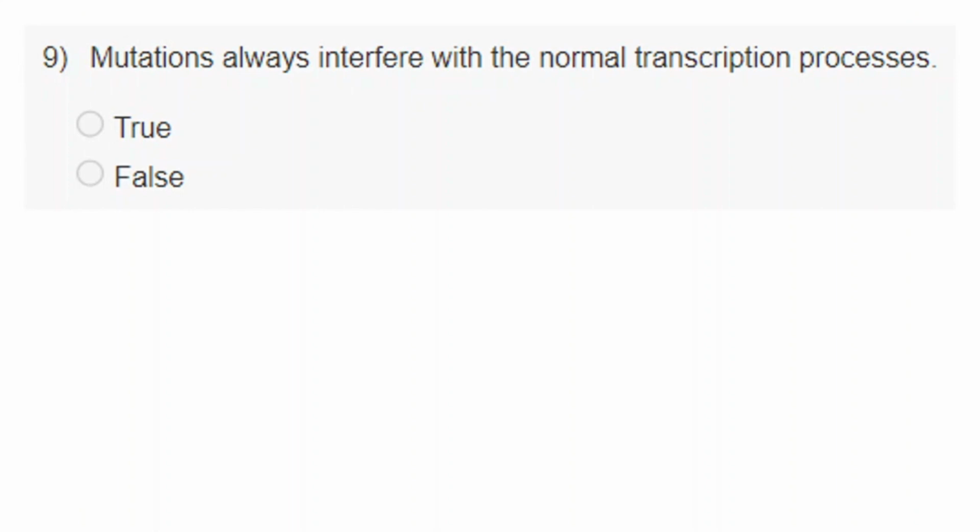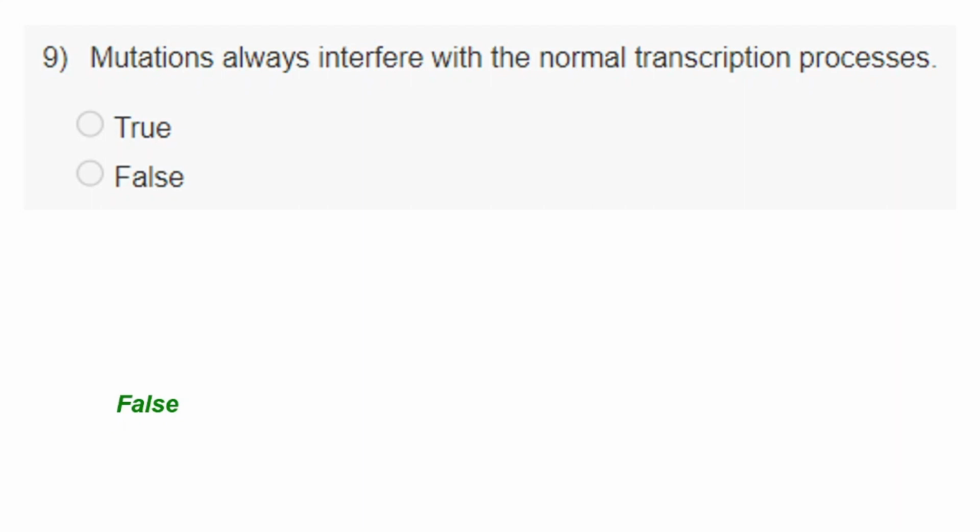Moving on to the next question. Mutations always interfere with the normal transcription process. Anyone? False. Okay. So I also think it's false, and the way I interpret the question is that if there are